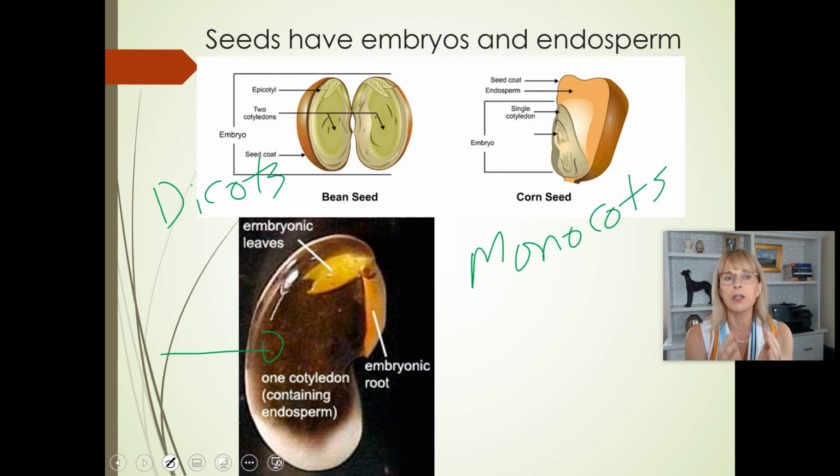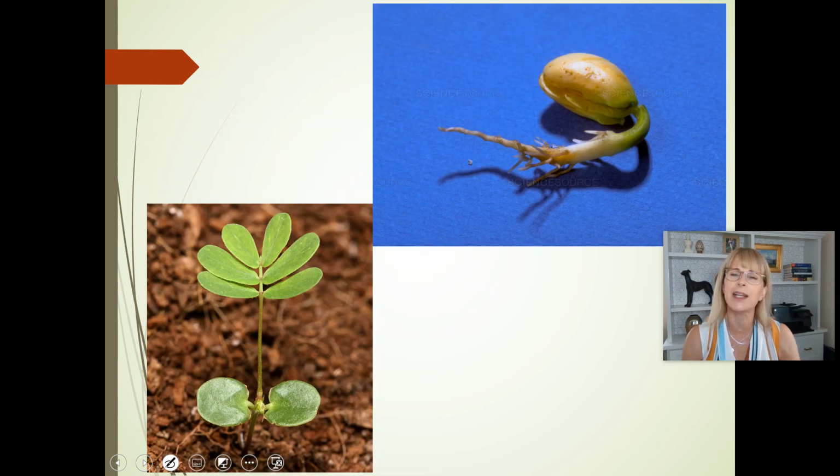Now, in the bean or seed, these things are the two cotyledons. For the longest time, I just said, no, that's the endosperm. But in dicots, the cotyledons contain the endosperm. In monocots, the endosperm is separate from the cotyledon, and that's a detail that you might need to know if you're taking botany. Okay. So here is a lima bean that has started germinating, and you can see that the